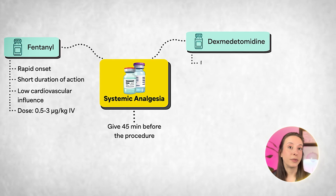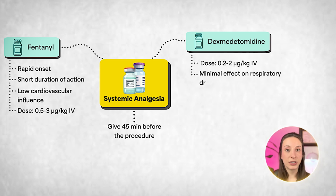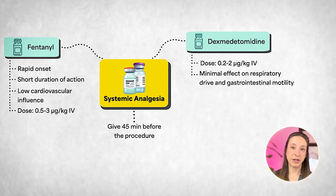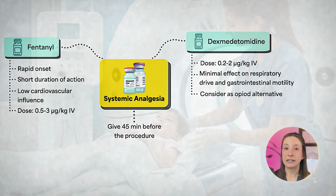Alternatively, dexmedetomidine at a dose of 0.2 to 2 micrograms per kilogram intravenously can be used. Unlike morphine and fentanyl, dexmedetomidine does not significantly affect respiratory drive or gastrointestinal motility. Dexmedetomidine is an alpha-2 adrenoreceptor agonist with analgesic, sedative, and neuroprotective properties, and should be strongly considered for this indication as an opioid alternative. Of note, we only have data for dexmedetomidine for procedural pain prevention in infants and children